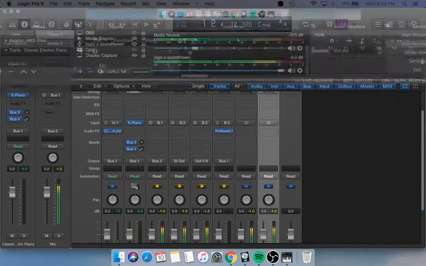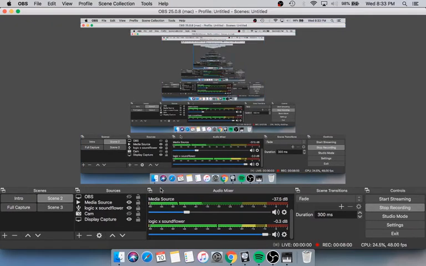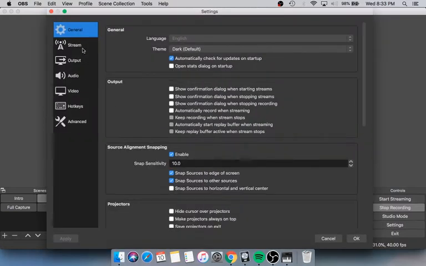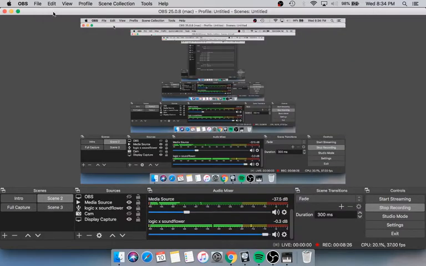Now when we open OBS, you must be seeing multiple videos because I have selected the media source and the display capture. You must be seeing the display capture because I was just sharing that with you. When you open OBS, the first thing we're going to do is go into settings, and we're going to go into audio. Make sure the desktop audio is selected as your Soundflower, because that's the virtual output we're going to use. That's going on 5 and 6, output 5 and 6. Once you've done that, that's it. We're going to close it.